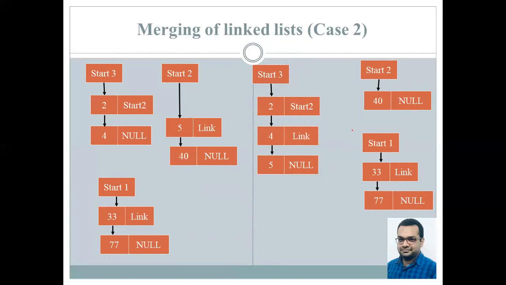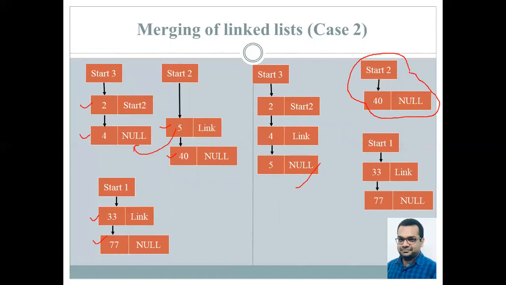So proceeding in this way, now you can see this is our scenario over here, where in our merged list nodes 2 and 4 are inserted. Linked list 1 contains nodes with values 33 and 77, and list 2 contains nodes with values 5 and 40. So the next node that will be inserted into the merged linked list will be this node, which you can see over here. This happens. And now you can see that our linked list 2 is left with just one node.